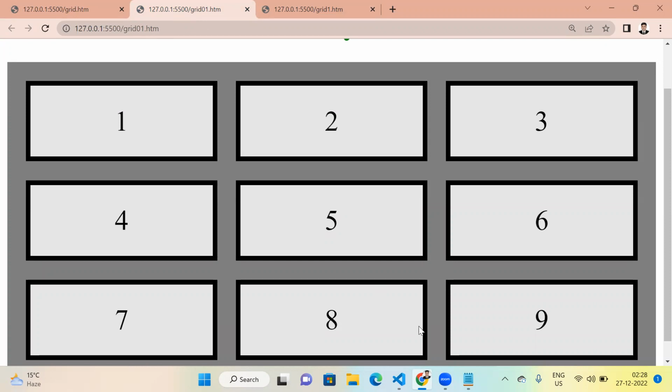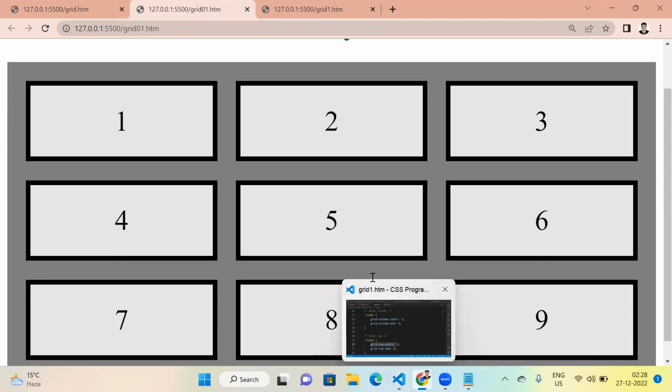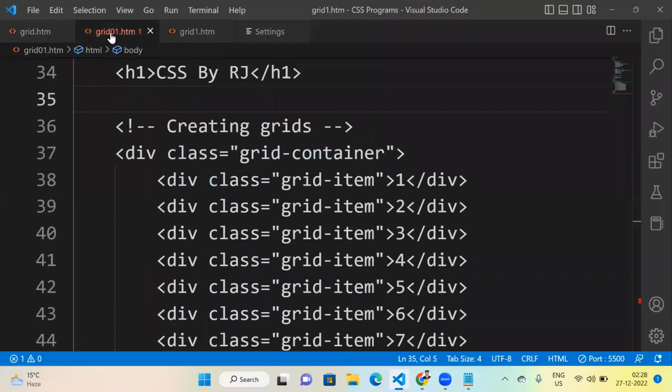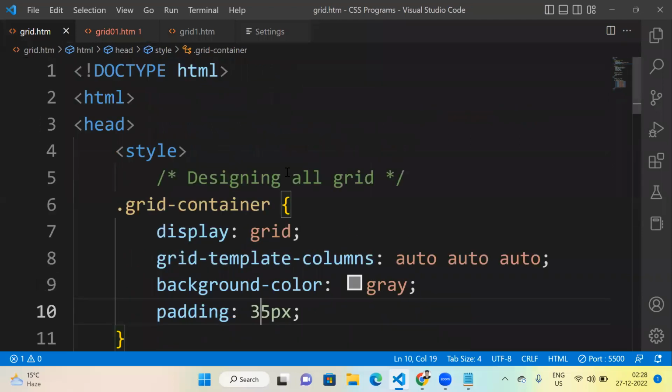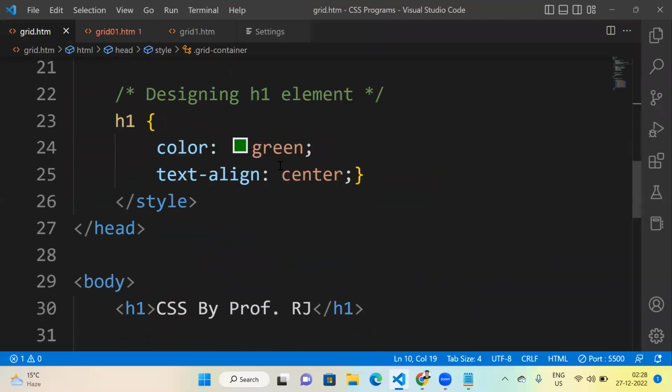So I hope the basics are very clear to you, what you need to do exactly inside grid. This should be clear to all of you, right? Further, if you have any doubt or any confusion or any query,